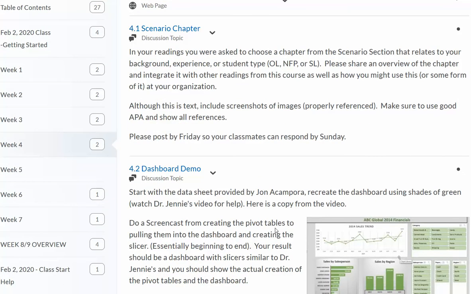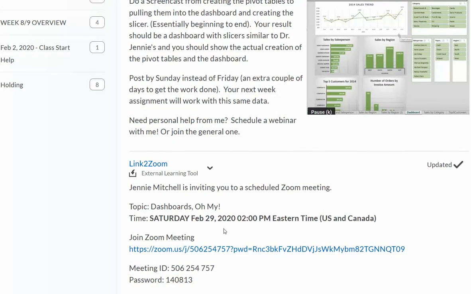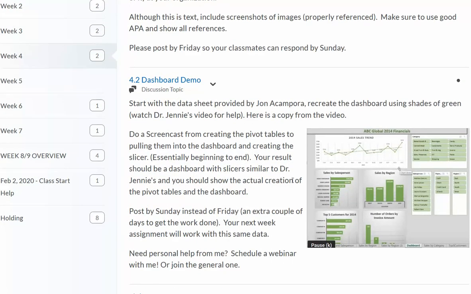The one thing I'm going to skip down to is the Zoom information here. I do have a Zoom meeting scheduled for Saturday, February 29th at 2 p.m. And essentially what this will allow you to do is I want to give you a little extra time to do your dashboard demo. What you see on the image here on the right is what I want you to recreate. And I need to see that you recreate it, that you do the pivot tables behind it,